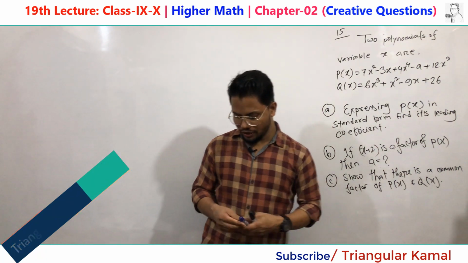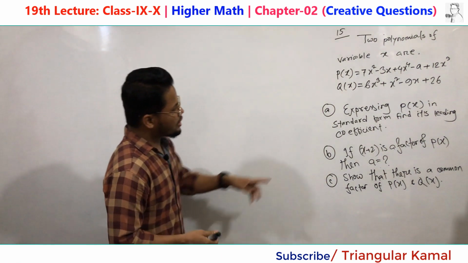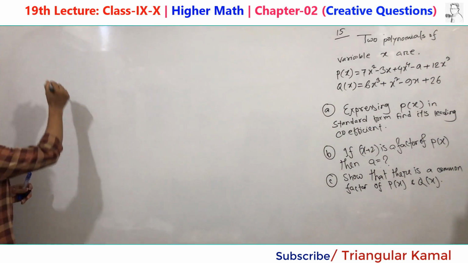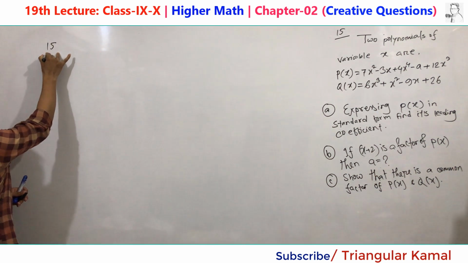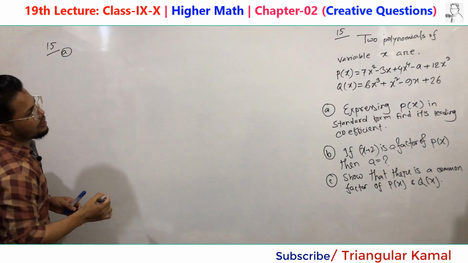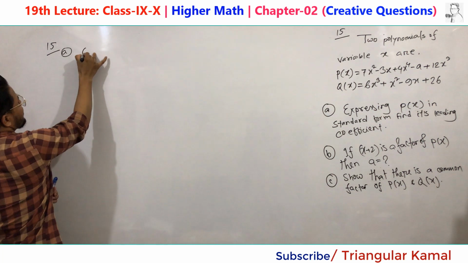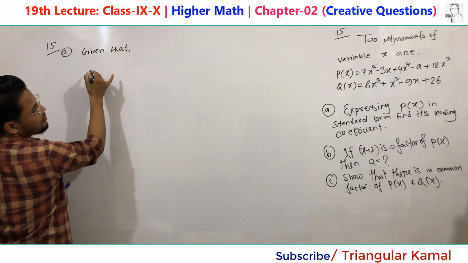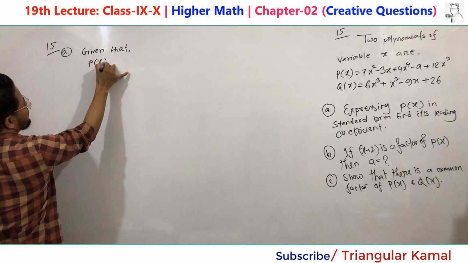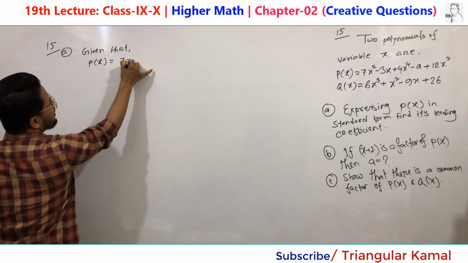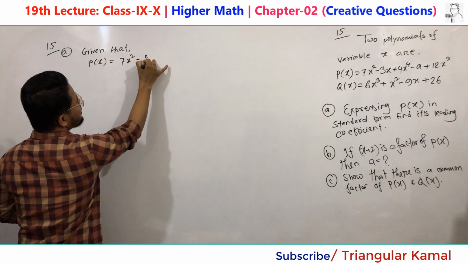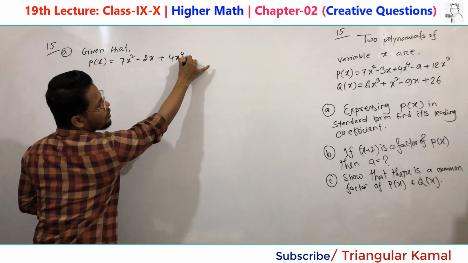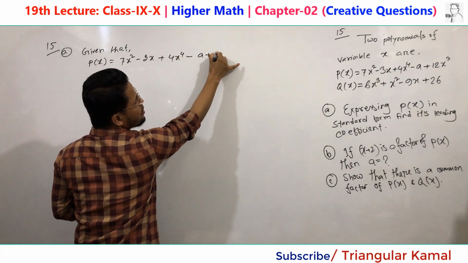Okay, first one, number A: express p of x in standard form and then find its leading coefficient. Question 15, number A. Given that p of x equals 7x square minus 3 times of x plus 4x to the power 4 minus a plus